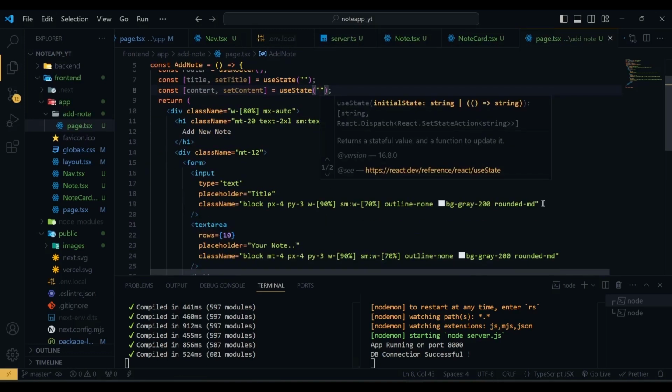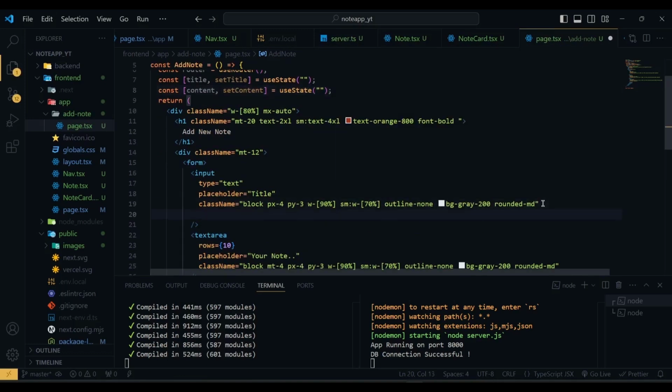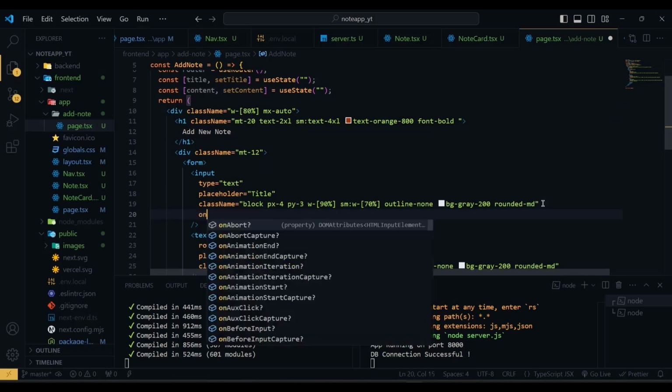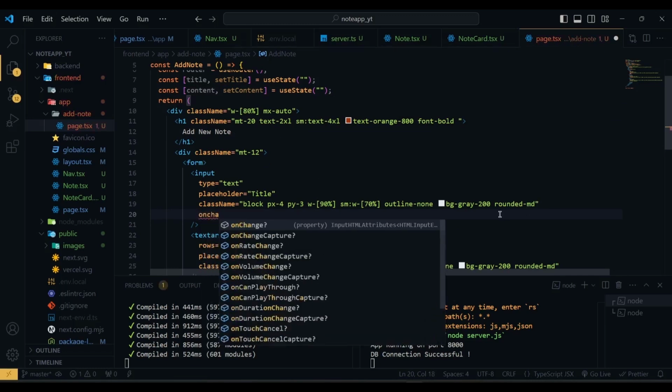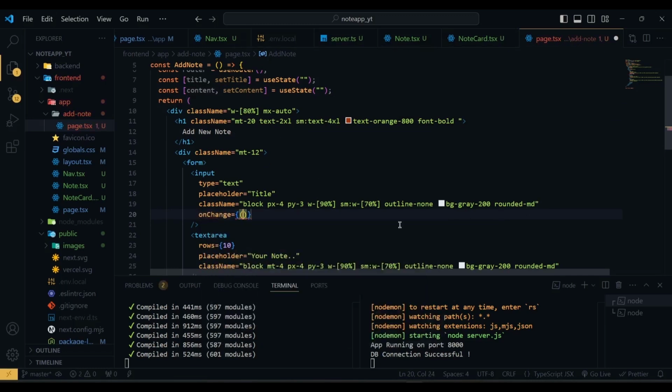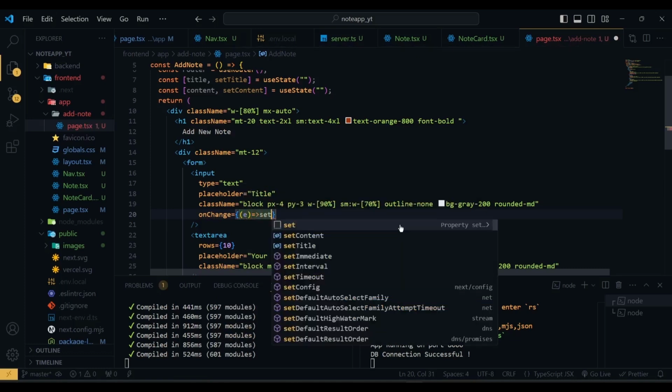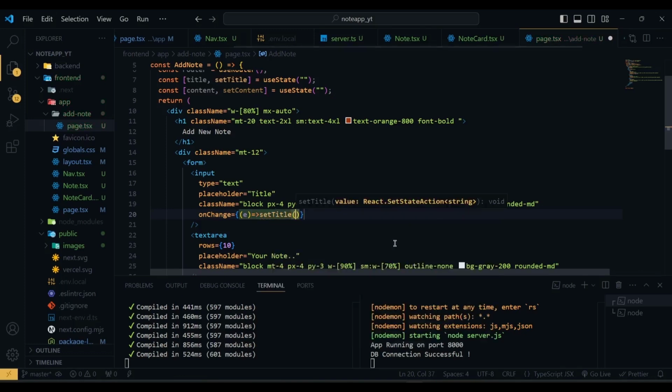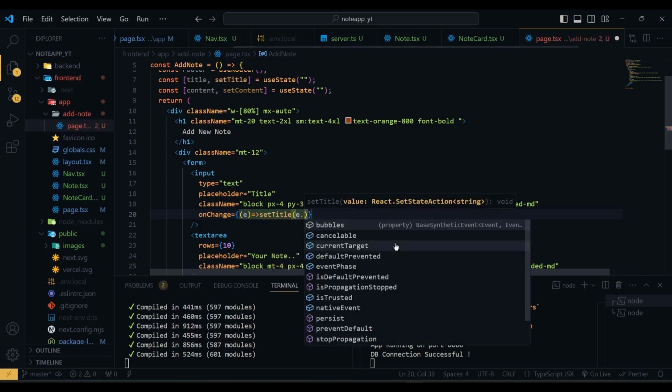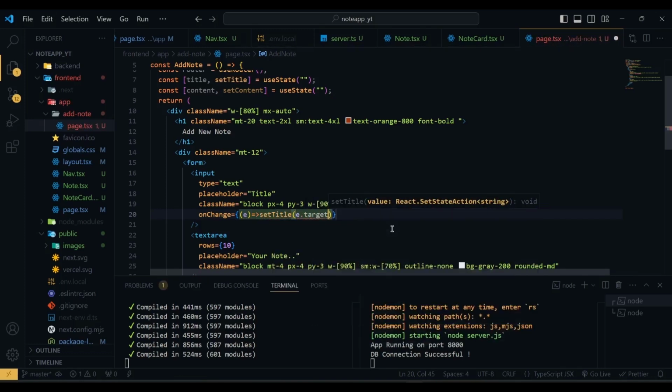Now in the form on change handler, we will get the event, and we are going to set our title to e.target.value,